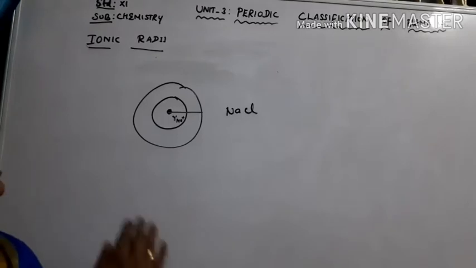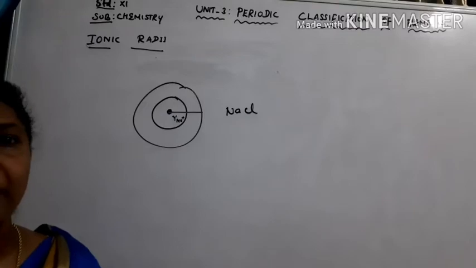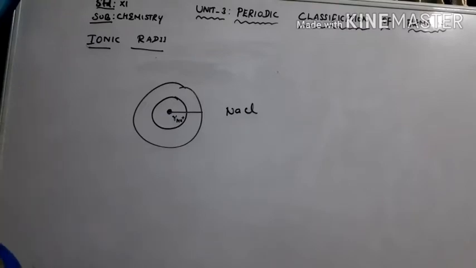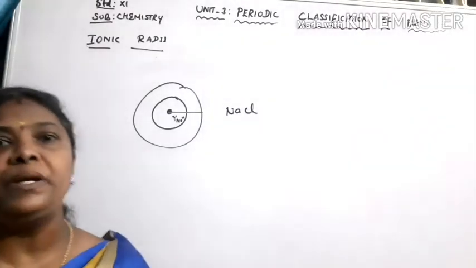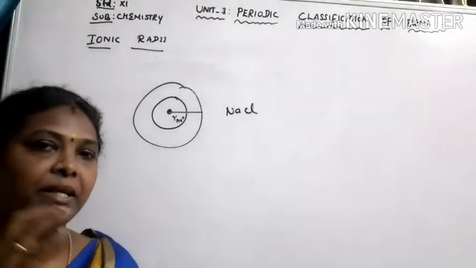That means how we have to calculate the ionic radius of the cation as well as the anion. First of all, Pauling's assumption. Pauling assumed that the ions present in the crystal lattice,